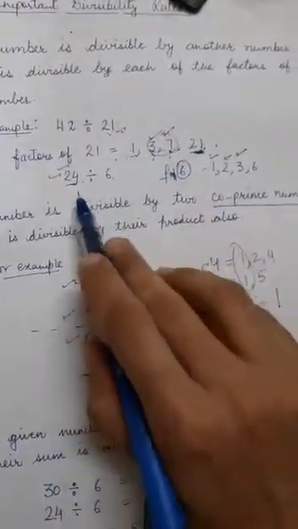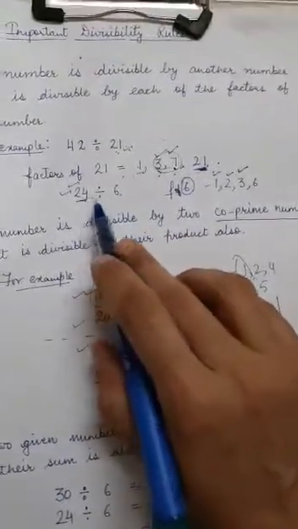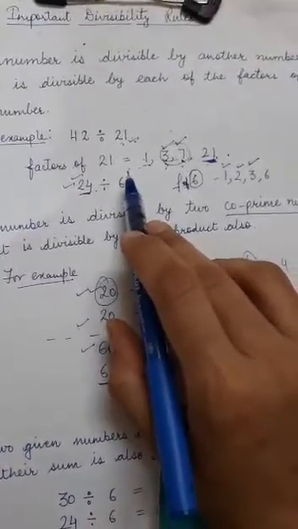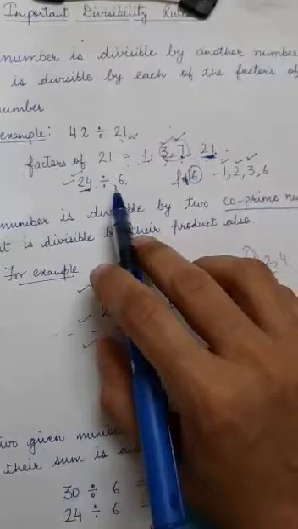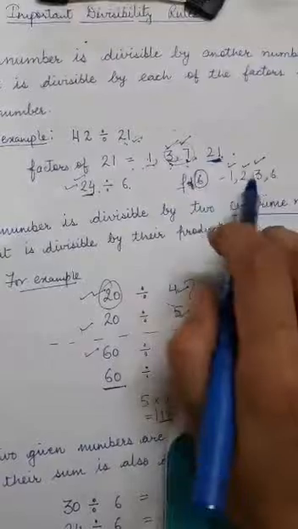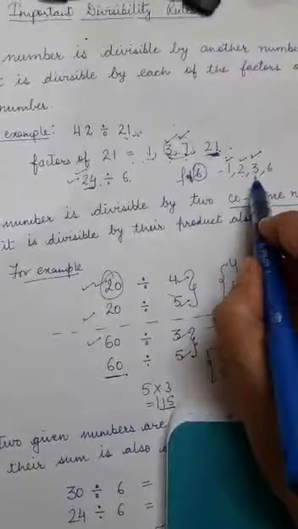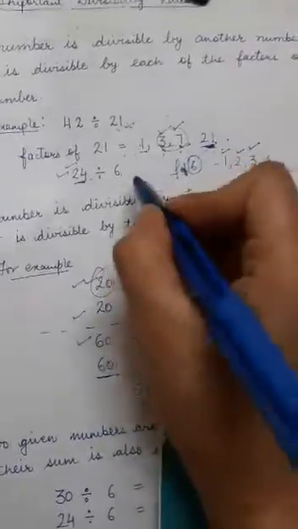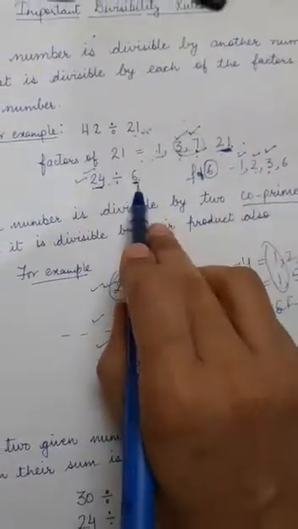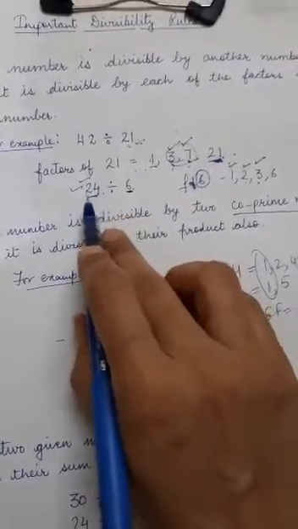In the same way, if a number is divisible by 6, let's say it's 24. 24 is divisible by 6. Now what other numbers can divide 24? You can find out the factors of 6 for that. So let's find out the factors of 6. 1, 2, 3 and 6. So the other numbers which can divide 24 are 1, 2 and 3. So all the factors of the divisor, I must say, will be able to divide this particular number.